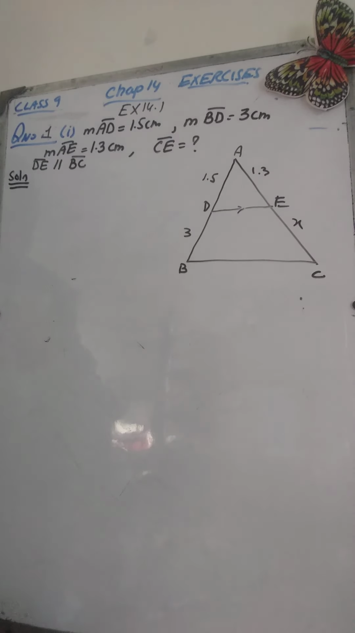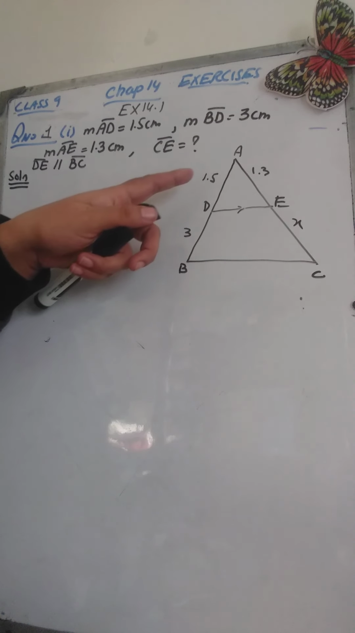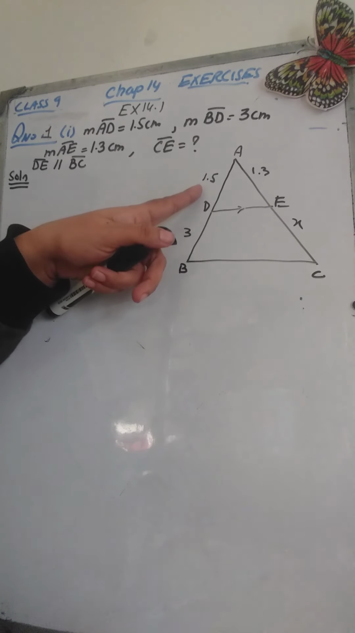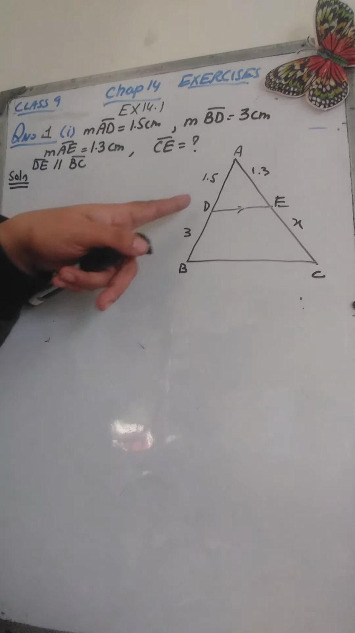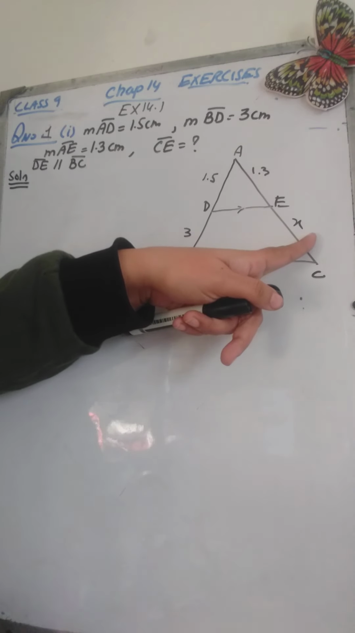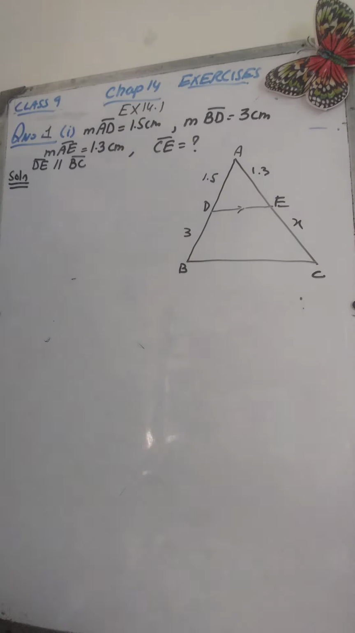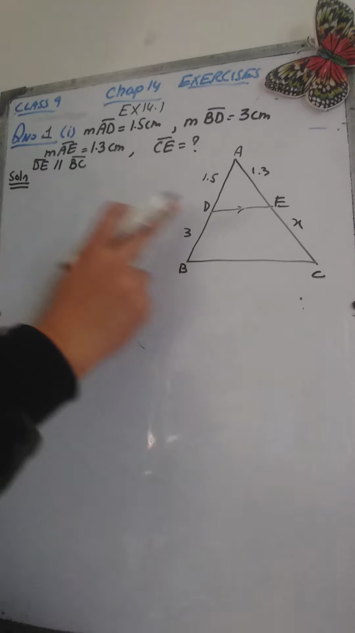Here they have given us some information about the figure. They have given us the figure ABC, and they have given us AD equals 1.5, AE equals 1.3, and BD equals 3, and they have asked for CE. What's the value of CE? Now we know from theorem 14.1 that whenever, and also they have given us that DE is parallel to